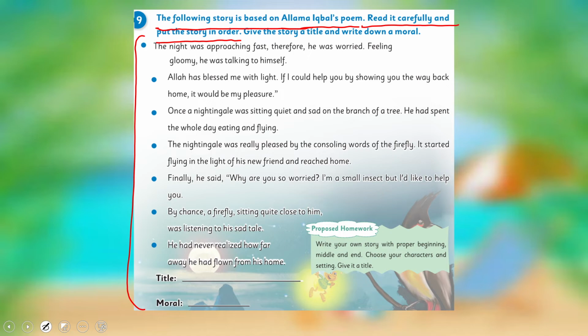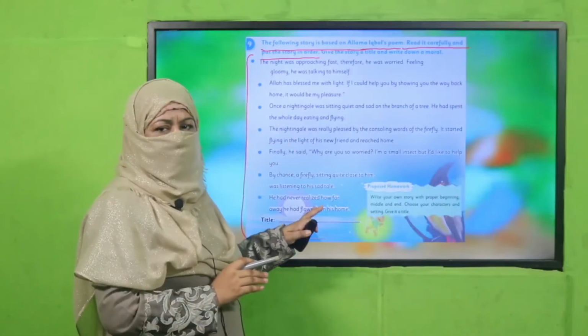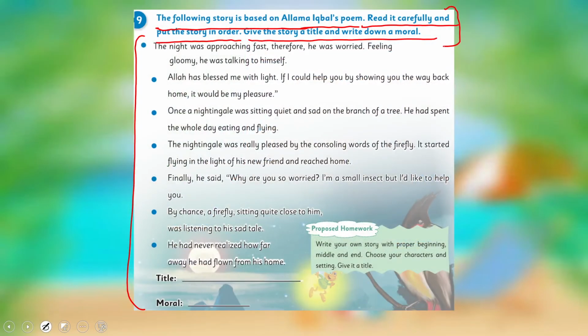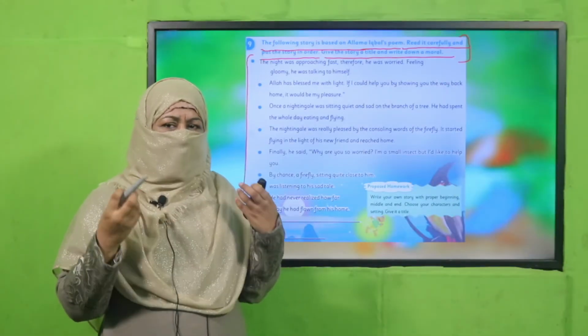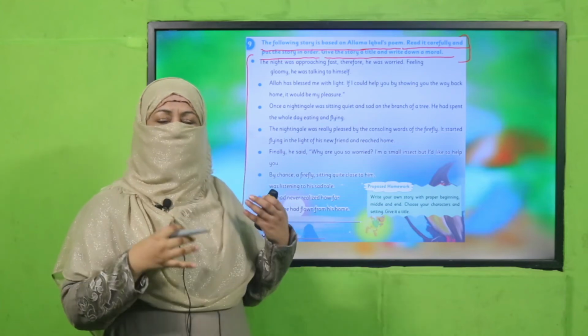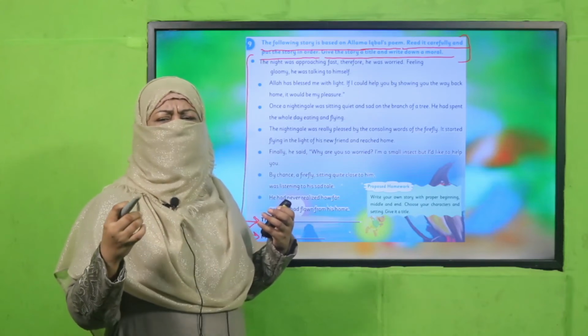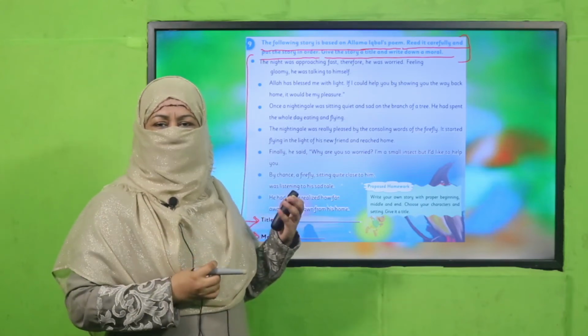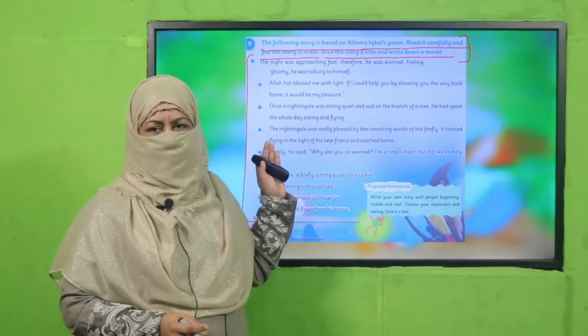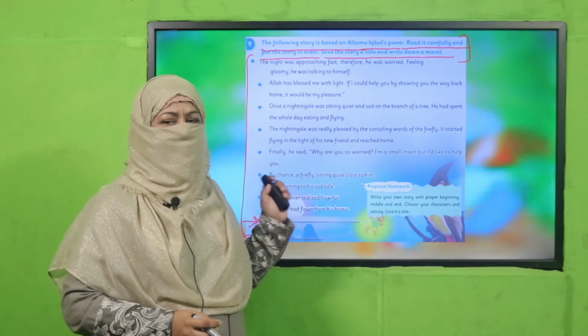So it is not in order. What should come first, maybe it's given at the end. So you have to read it, arrange it, give the story a title, and write a moral for it. And teachers, kindly let students think from their own brain. Whatever title they decide, it should not be a typical one; you should consider what they think, and if it is relevant, we can accept it. Okay, so make them be creative and do this task on their own. So pause the video, complete this task, and then come back.